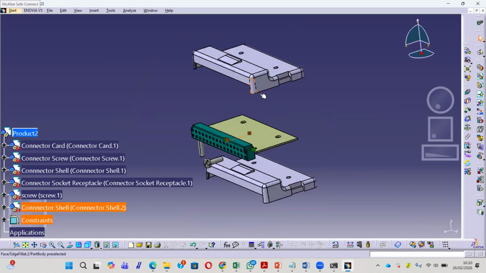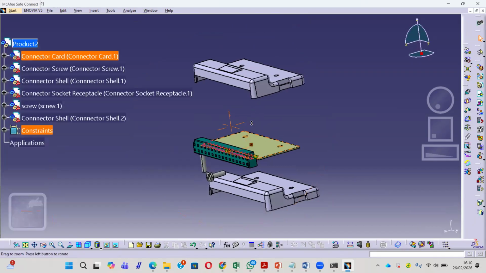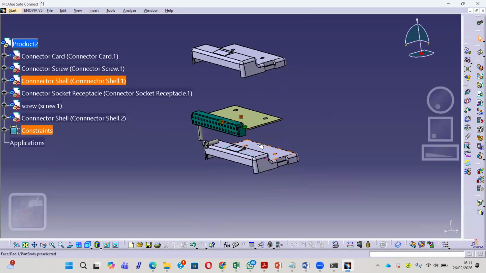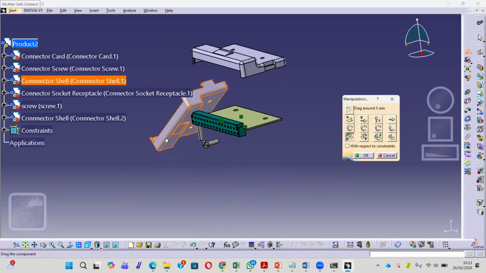After this, we will make an assembly for the connector cell here, this one. So I want to make a rotation for this one using manipulation, and then we will rotate into x-axis rotation like this.